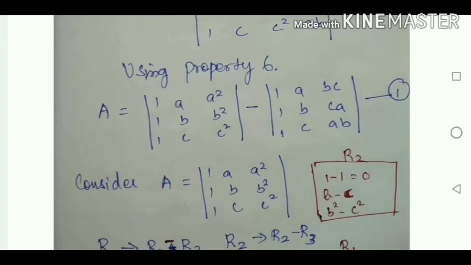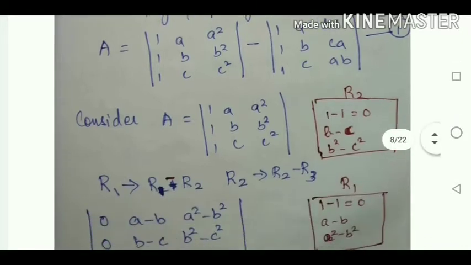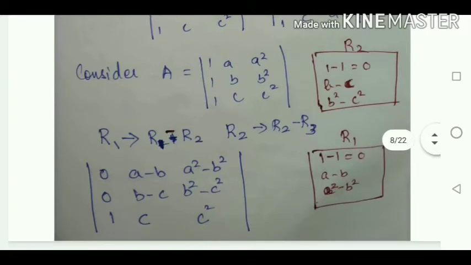Then consider A, that is, I am finding the value of the first matrix. Here 1 1 1 is given. Already we saw this in an earlier example sum. Here 1 1 is given, so you change the first row first column and second row first column, both to 0, by way of reducing from the second row or third row, whatever it may be. Here I am subtracting: R1 minus R2.